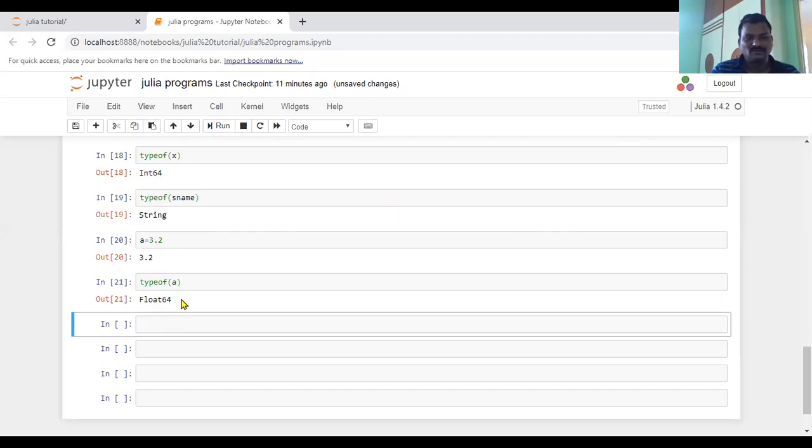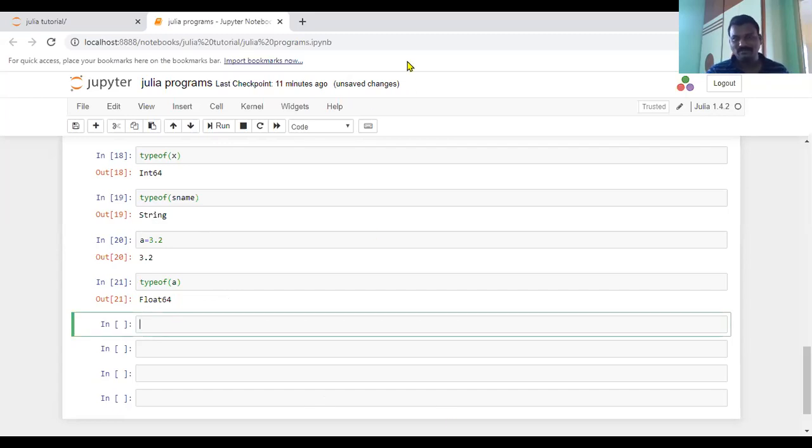Here, the float 64-bit. Why am I giving 64-bit? If your system is a 32-bit system, it will automatically use float 32. So it depends upon your system value that you are considering for this Julia development. Similarly, you will take the variables in different ways.